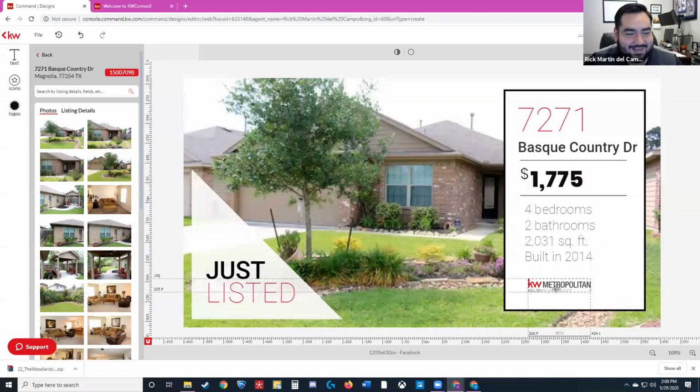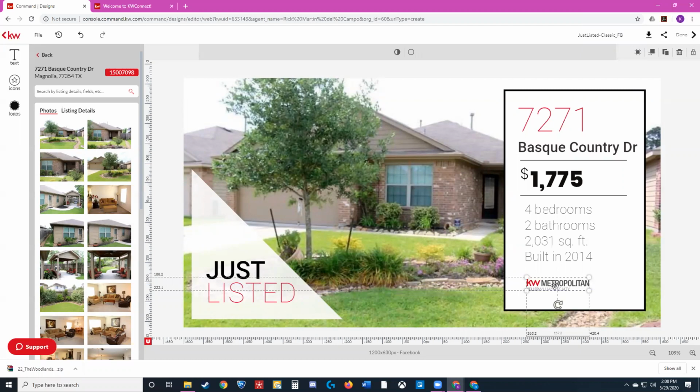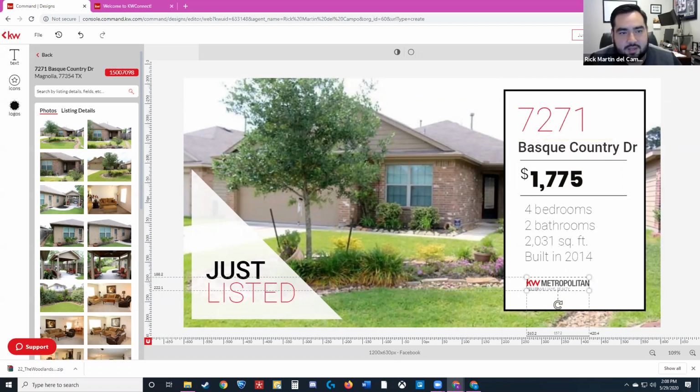Oh no. So you want to make sure that your logo is on your graphic, and once you're ready, you can use the tools here at the top. You'll see a download button. Once you mouse over it, it kind of expands out. It says download. There's also a share button.